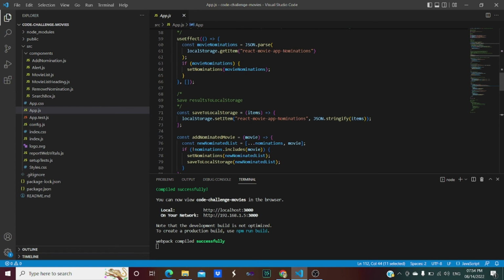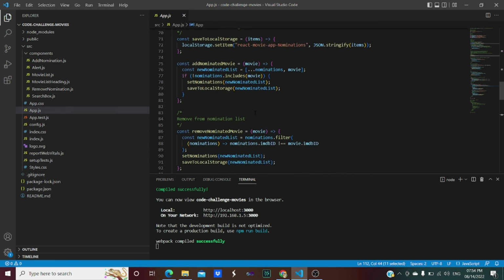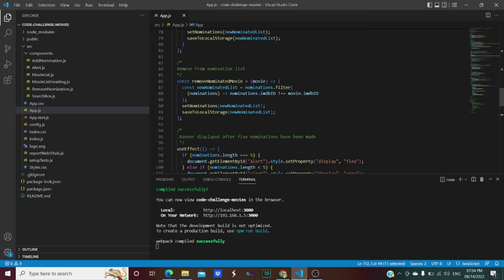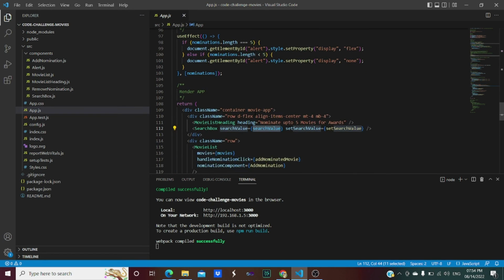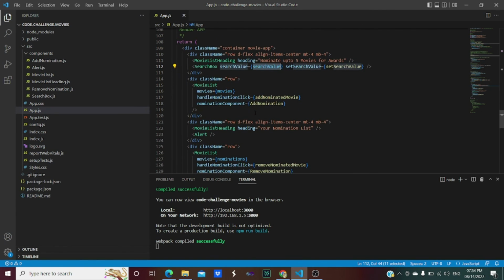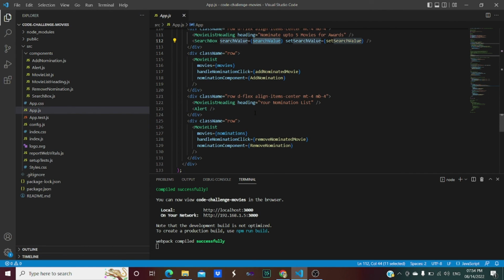So the components that are developed are used within this logic to do different tasks: to create the list, to display the search box, to display the banner, that is an alert. We can also say it as a notification. All those things are used within this logic. So this app.js file is the logic file with the help of which we are able to display things on the page.